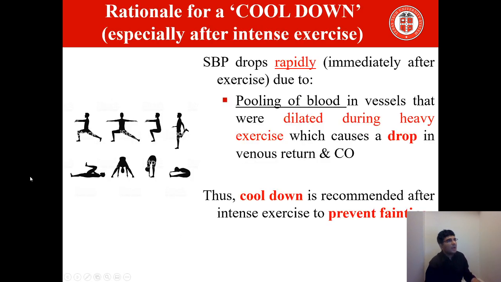Now, you have been told by all the trainers that you want to have a cool down after the exercise, especially as it's written after intense exercise. So I just want to discuss very briefly what is the rationale for a cool down after intense exercise. So the problem is that once we stop doing intense exercise, then the oxygen demand decreases, so the systolic blood pressure drops rapidly. This will result in the pooling of blood, especially the venous blood,